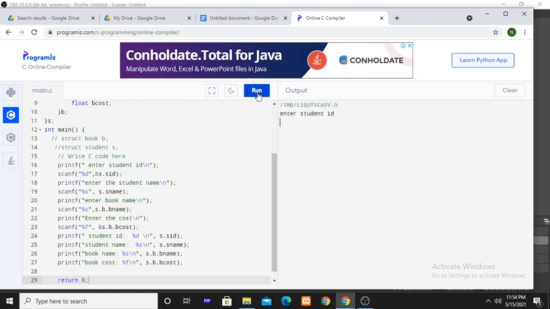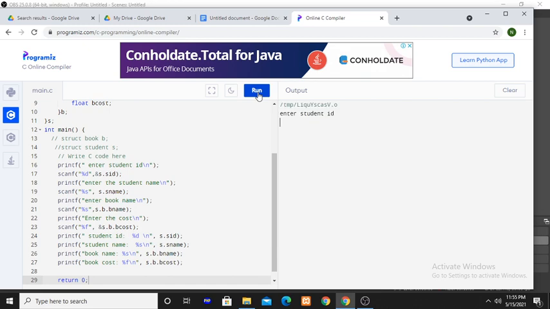Run once again. Student ID 251. Student name Satvik. Book name maths. Computers, you can give computers.